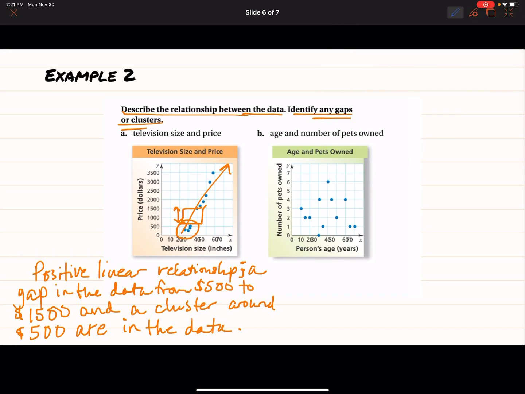Okay, let's look at the second one. Example B, age and number of pets owned. So when we start looking at the scatter plot here, there's not a positive trend, there's not a negative trend, they're scattered around, it's variable. As X is increasing, we've got some where Y is increasing or some where Y is decreasing. There's no relationship or correlation between age and number of pets owned. So if we're going to describe the relationship between the data, we are going to say no correlation,